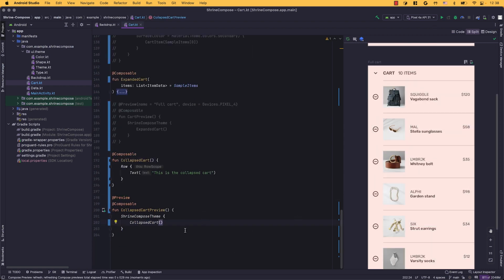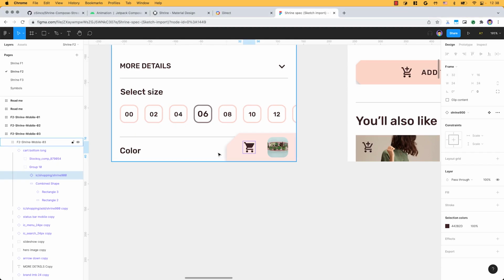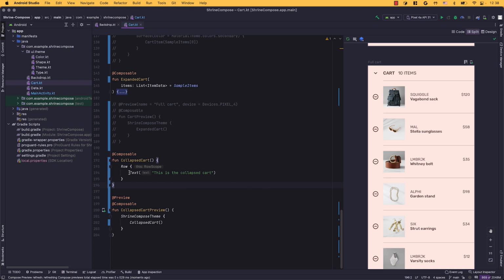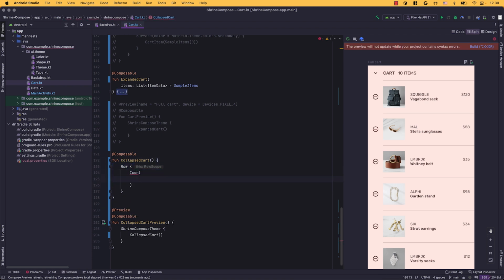All right, so go back to our design spec. First build that icon. So this one is, let's see, image vector. It's Icons.Default.ShoppingCart, I think. Yeah, and then